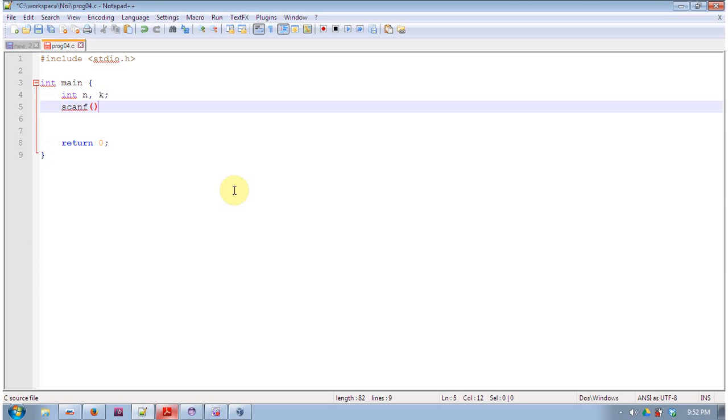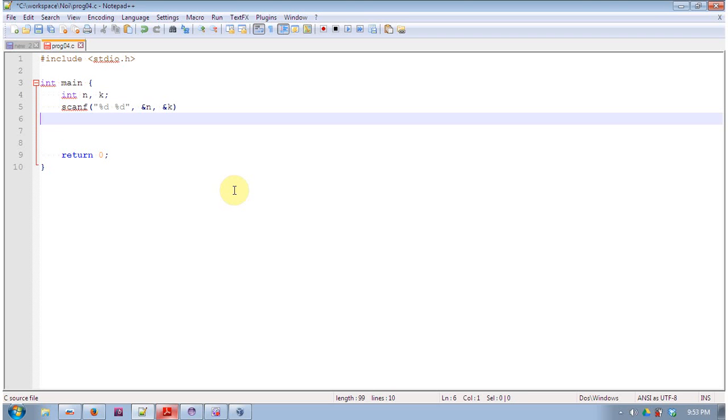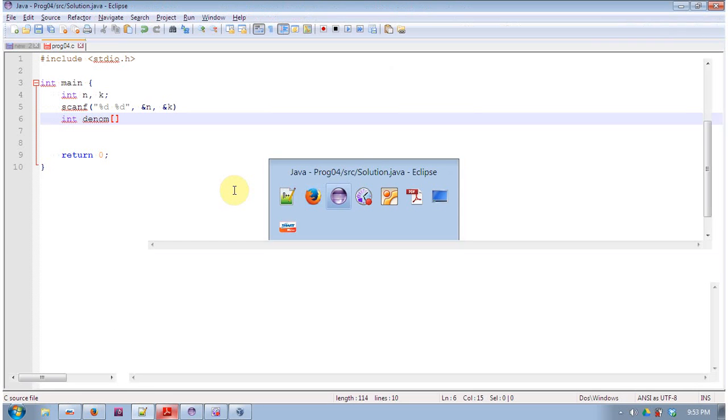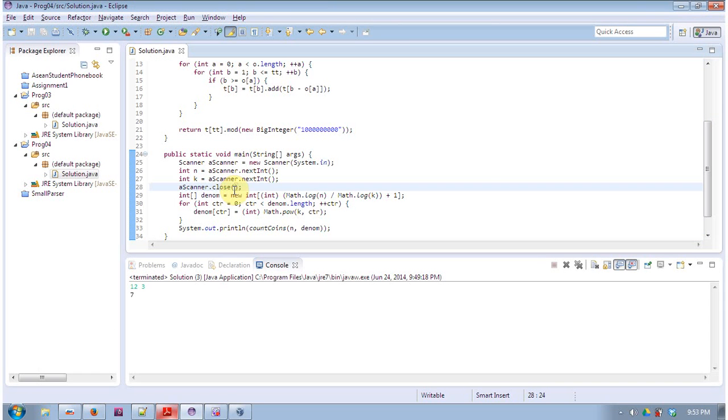Next in C we have to declare the variables n and k, and in C it's just a simple scanf with %d, %d. Next we have to declare the array of denominations. So we have the num, having what? It should be,